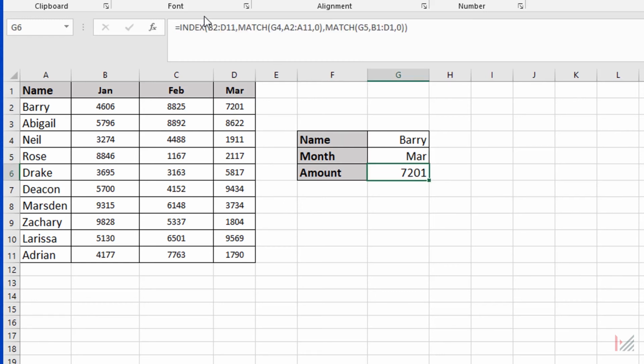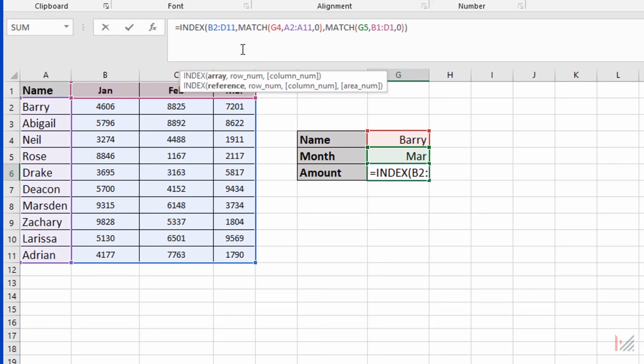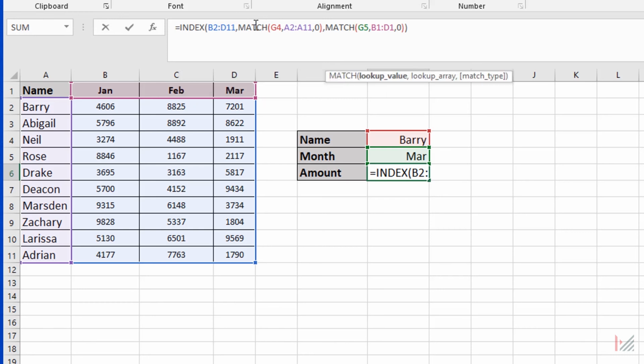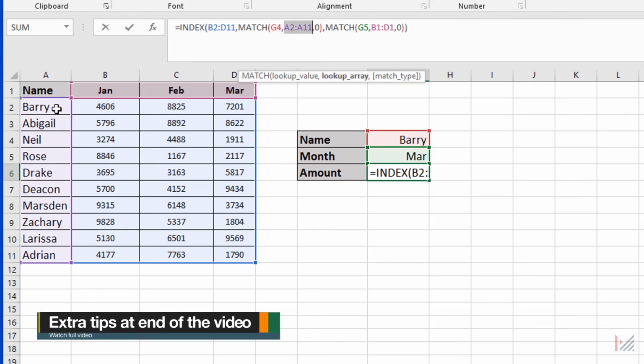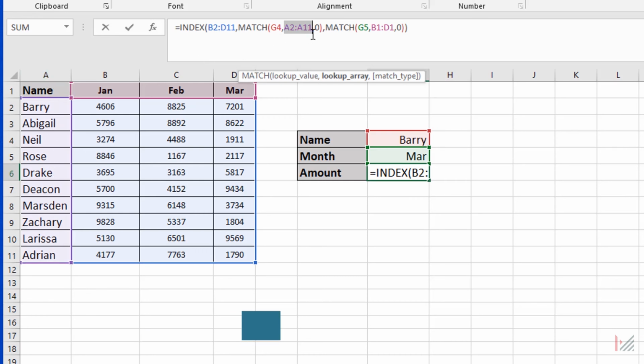So for this you have to give equal to INDEX, and the range is the values from which the amount is to be fetched, and after the comma, in order to give the row and column you can use MATCH functions. So in the MATCH function, first you have to give the reference value G4, which is the name. You have to give the range of that name array, which is this one, A2 to A11, and